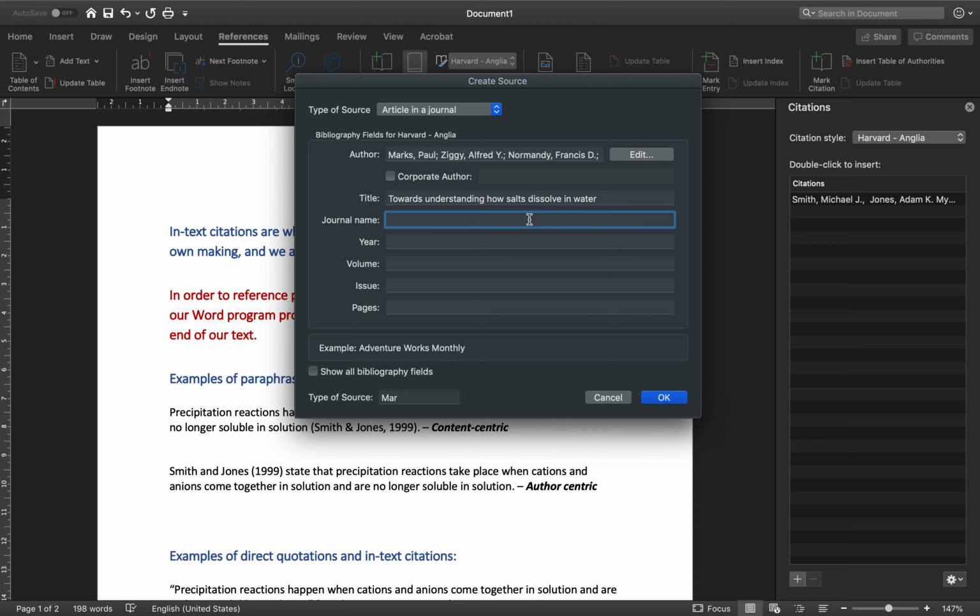The journal name is the name of the journal again, so it's giving you an example. Salts. The year will be the year of publication. The volume. So sometimes we have volumes and issues within journals, and that would be listed in the journal article. So you don't have to find that, you don't have to look for it too deeply. It will usually be listed at the bottom of the page of any of the journal articles that you would